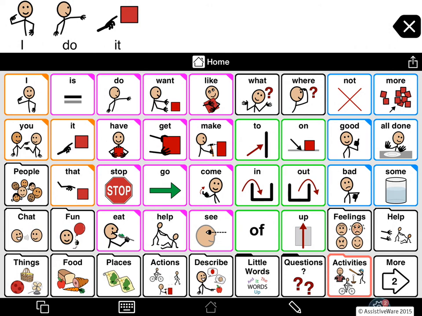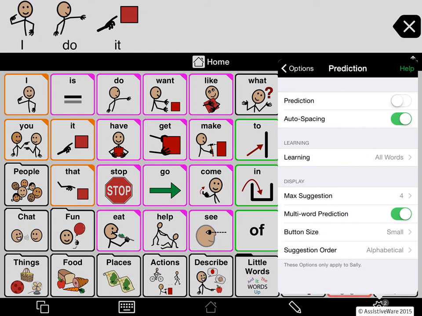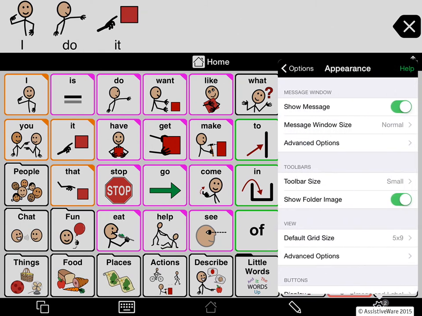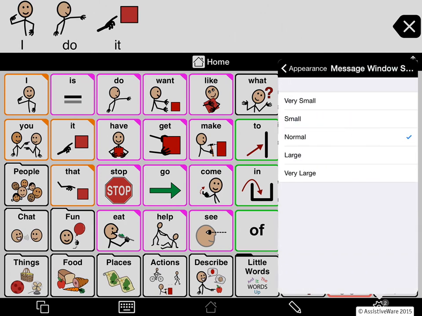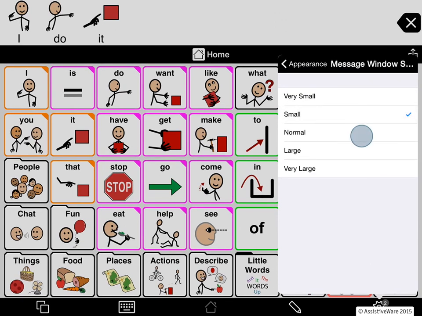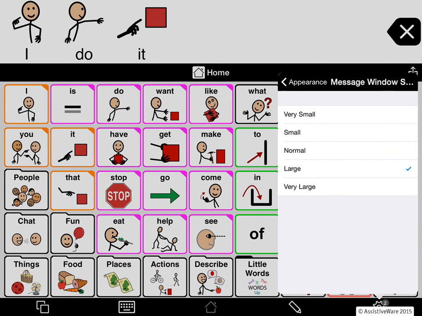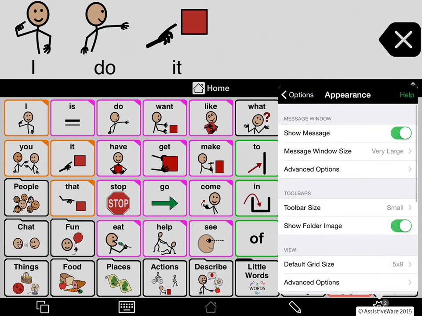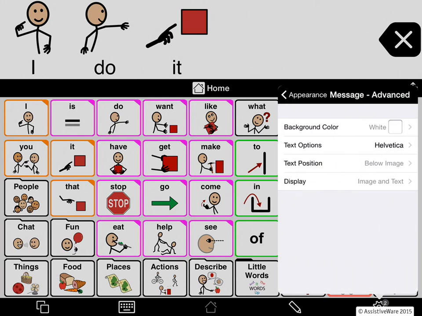So I go to Options and get back to Appearance. And here this first section is on message window. I go into message window size. Usually message window is normal, and you can vary it from very small, small, normal, large, and very large. You can make quite a bit of change, however, it is at the expense of the other elements on the screen. I can also change the font that's used in the message window, so I go into Advanced Options and